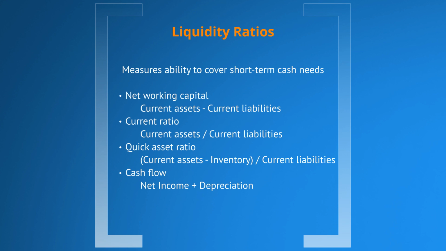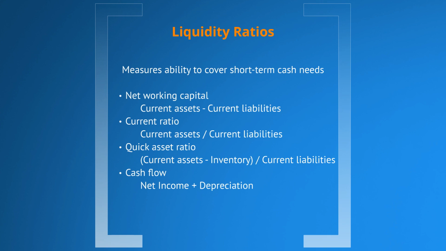The net working capital, the current ratio, which is the current assets divided by the current liabilities, and the quick ratio is similar, but it just takes out the inventory part of it. And we want to look at the cash flows of the firm. So the net income plus any non-cash accounting items, mainly things like depreciation, to help us determine how much cash